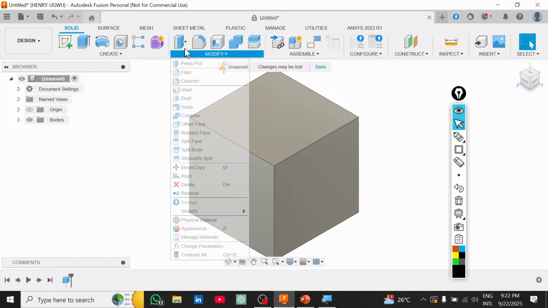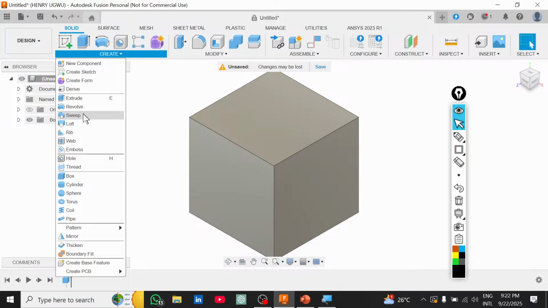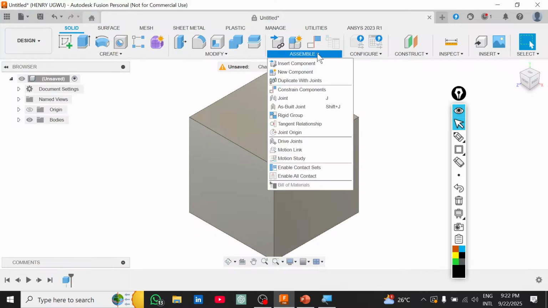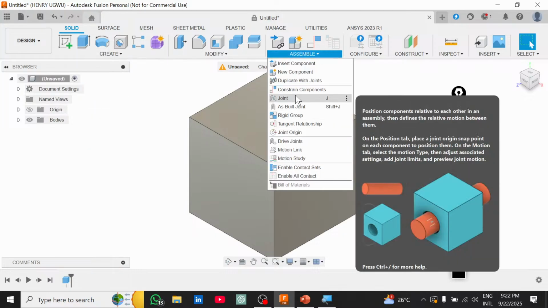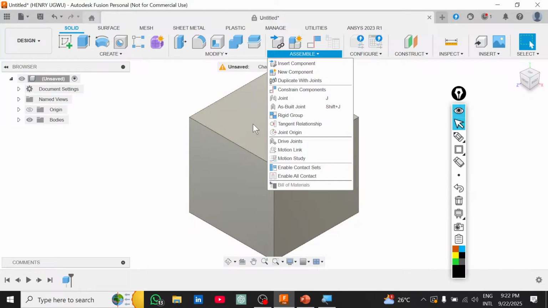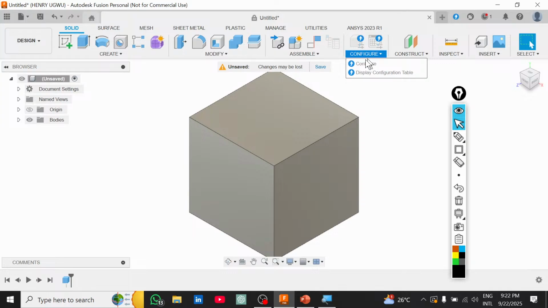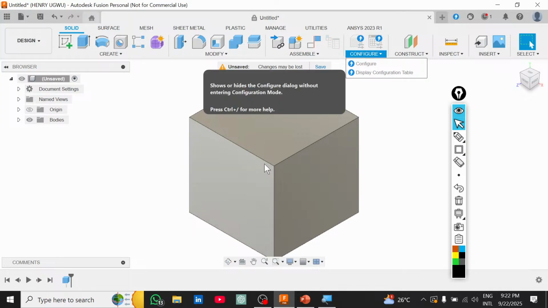Then you also have the modify commands, which you can use to modify the designs that you've created. You also have assembly commands, which you can use to create assembly or joint relationships for your designs. Okay, if you have more than one design and you want to create an assembly, for instance, for an example,